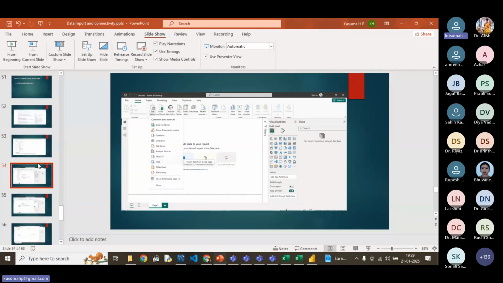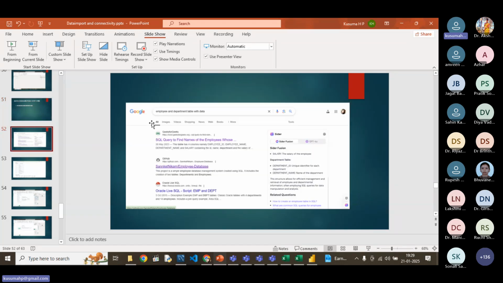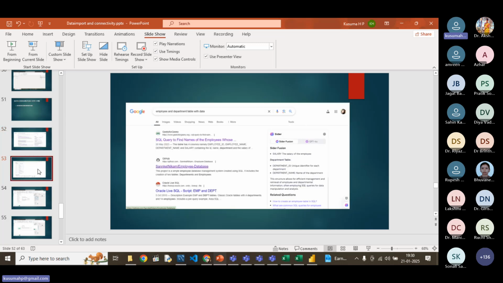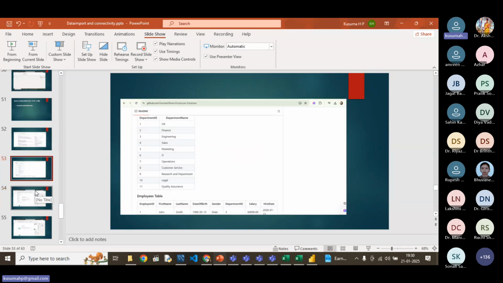Again, I'll recap this one. Data connection with the web. Just type any of the data you wanted to import. If you wanted to import the student table, just type here student table with data like that. Then you will get n number of options. Then select any one option which is relevant to you. Then select any two options